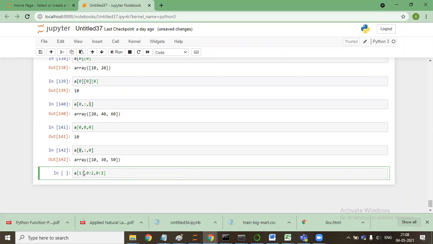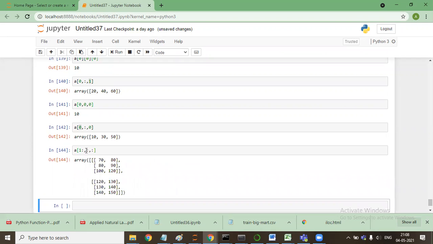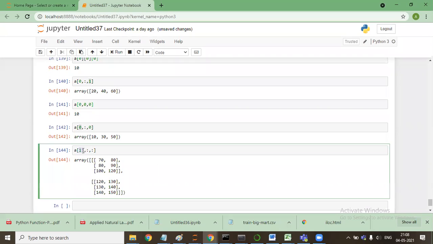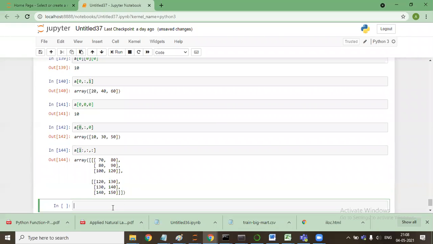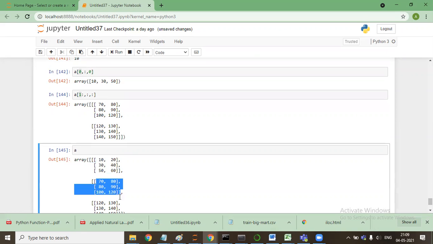If I say A, this is the 0 dimension, this is the first dimension, and this is the second dimension.